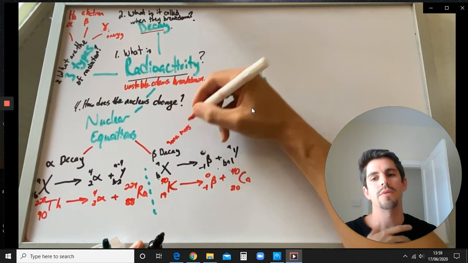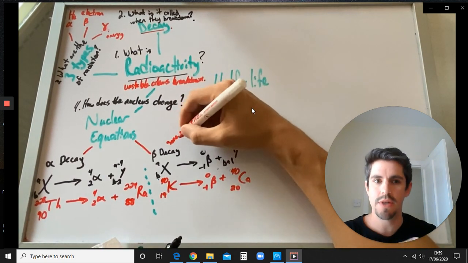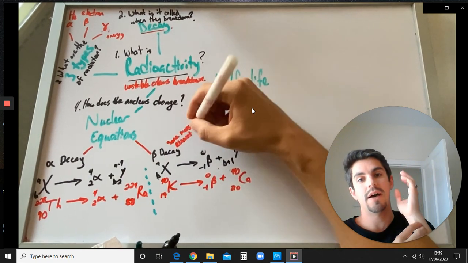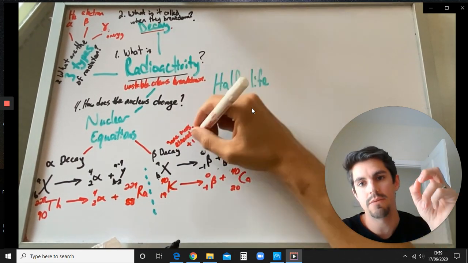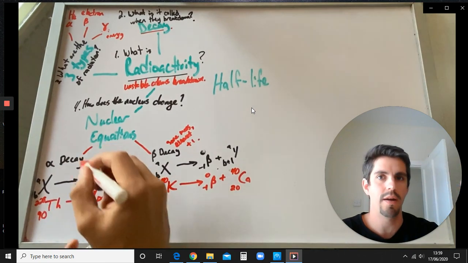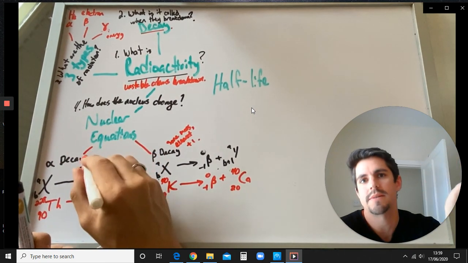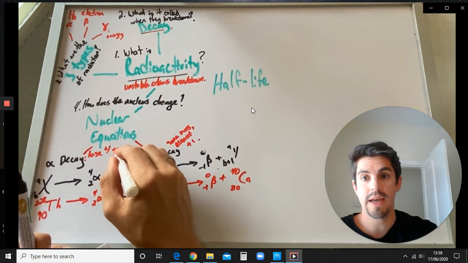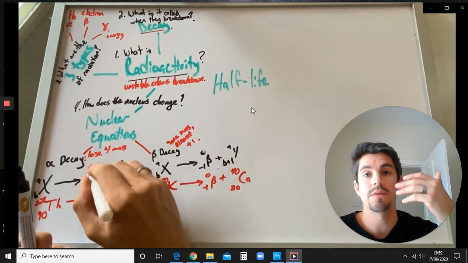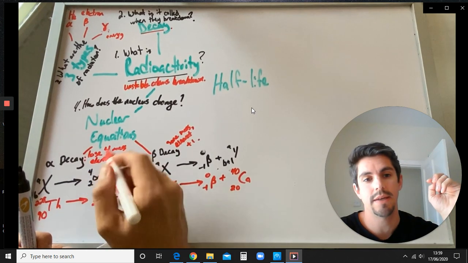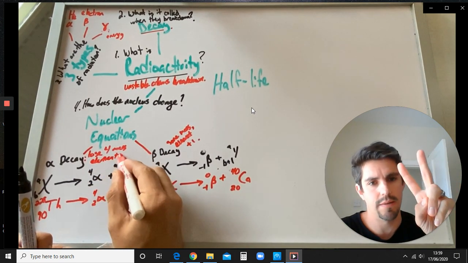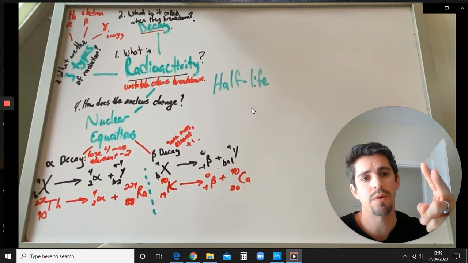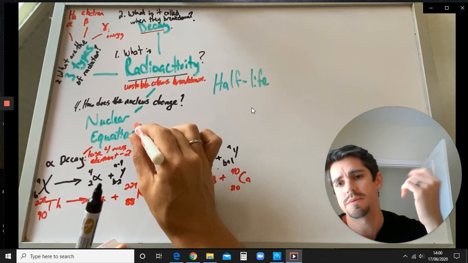So here's my overalls. How does the nucleus change? This is question 4. If it goes through beta decay, it will end up with the same mass, and it will have an element that is 1 higher on the periodic table because it has a proton number +1. Yeah, an alpha particle, if it goes through alpha decay, the nucleus changes because it loses a mass of 4, and it loses 2 protons as well. So the helium particle takes 2 protons, 2 neutrons with it. That's why you lose a mass of 4.